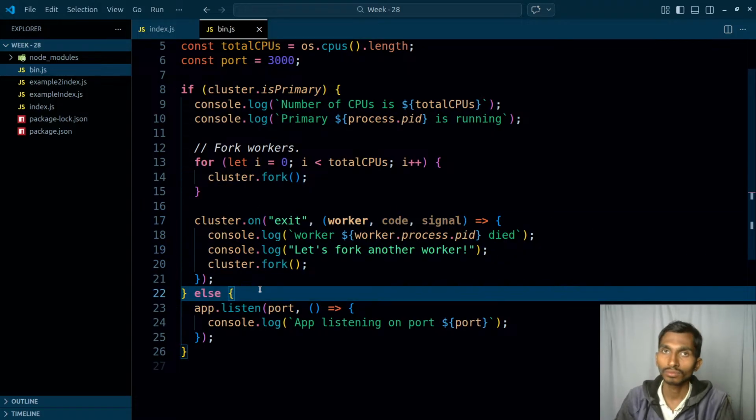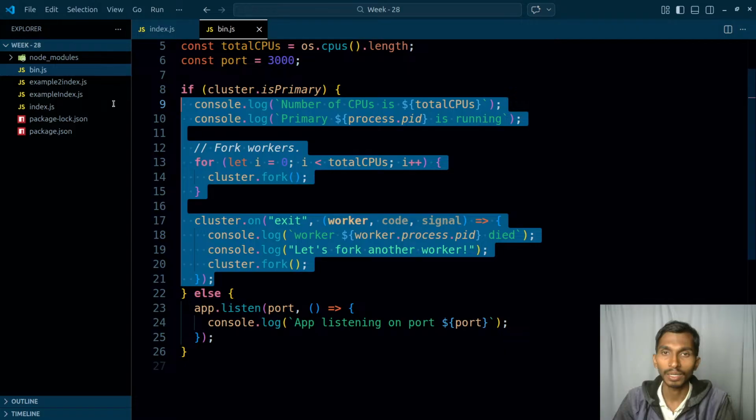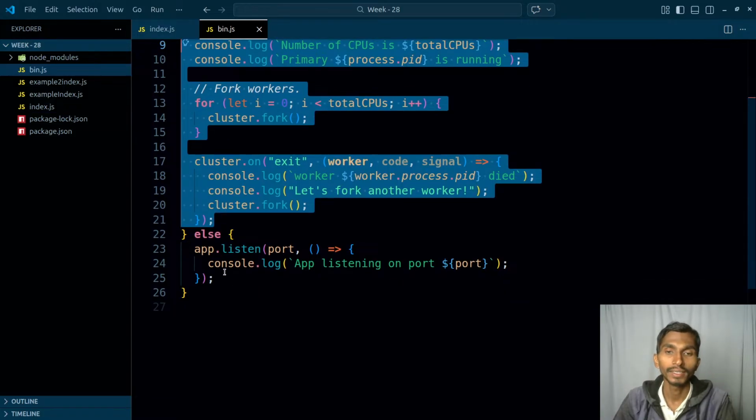So I have to run as many threads using cluster as there are cores in my CPU, and as per that I'm simply going to be forking them. And the next time when